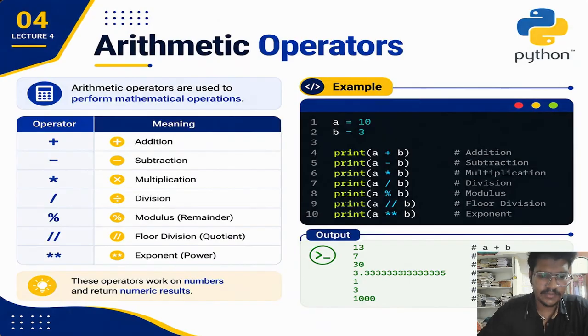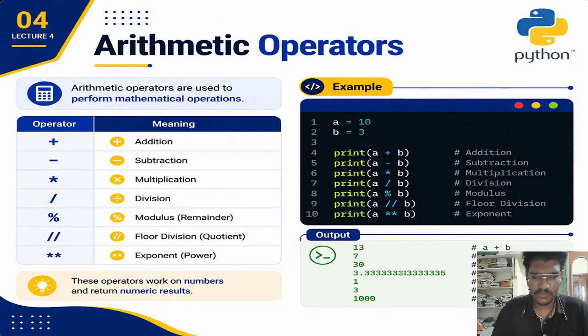The next is a double star b, and this double star I already told you is used for exponent. It means multiplied by itself, like 10 to the power of 3 gives 1000,